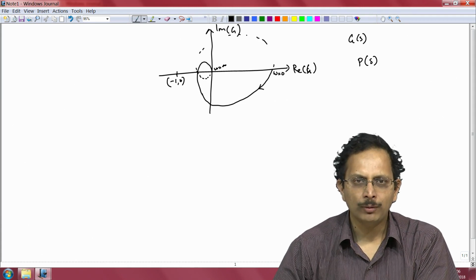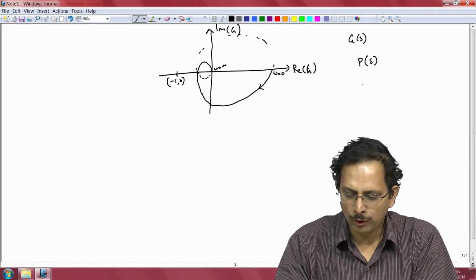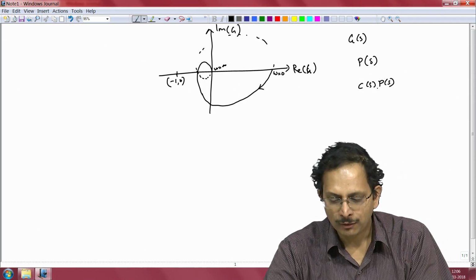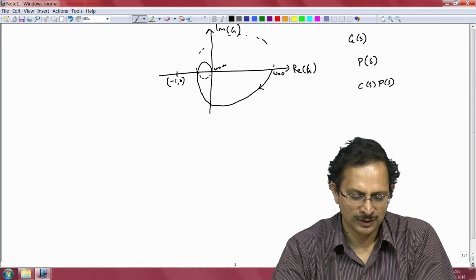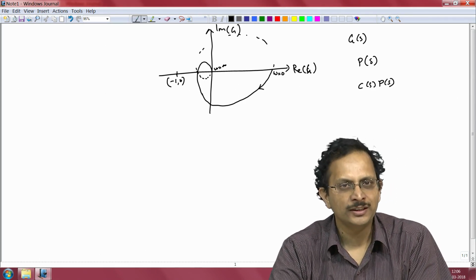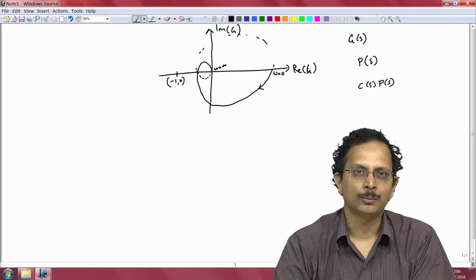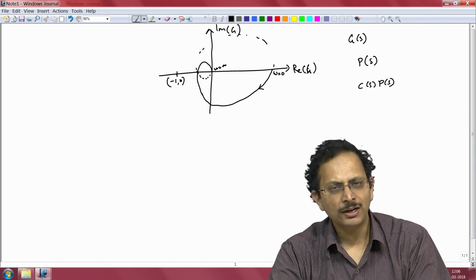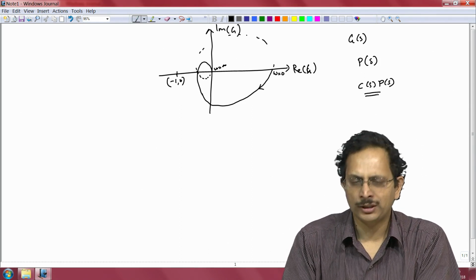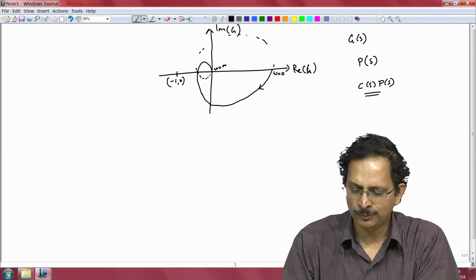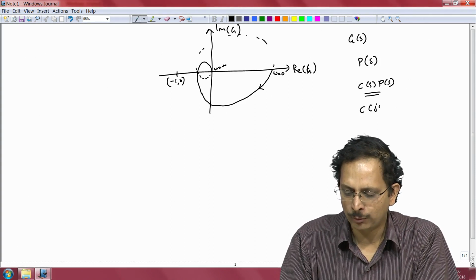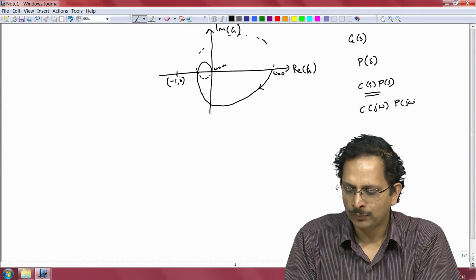In which case what we would have to do is plot the Nyquist plot of C of s times P of s, and then look at whether C of s times P of s encircles the point -1 or not, and hopefully if our design is done carefully enough it would not encircle the point -1. In general what would C of s do? I want to remind you that when we are drawing the Nyquist plot of C of s times P of s, we are substituting s equal to j omega, and we are drawing the Nyquist plot for C of j omega times P of j omega.